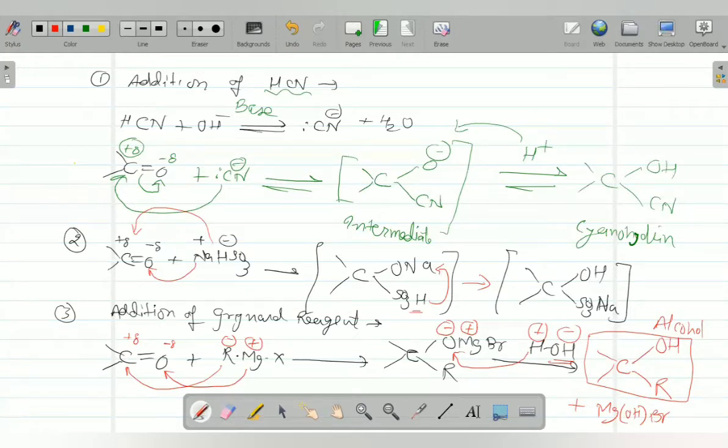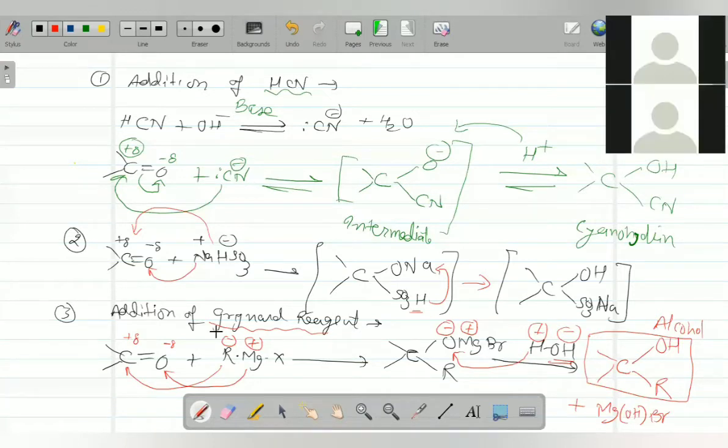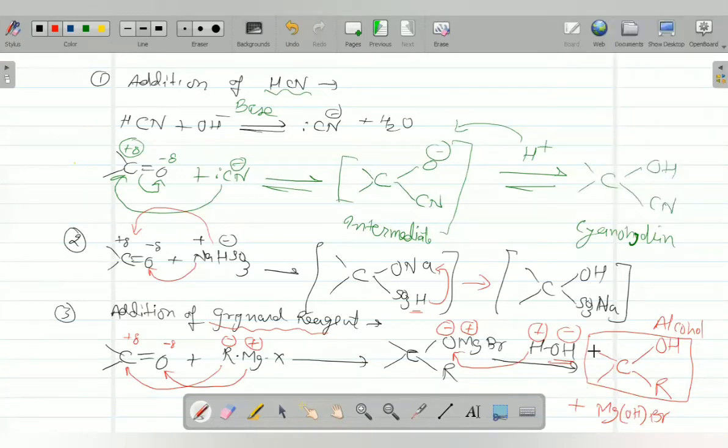Reaction number 4. This is a very important reaction, Grignard reagent RMgX, and we can get different types of alcohol, 1 degree, 2 degree and 3 degree. Just see how we can get 2 degree, how we can get 1 degree, and how we can get 3 degree by changing this R over here. If you take formaldehyde, you will get 1 degree, that you study in the alcohol also.